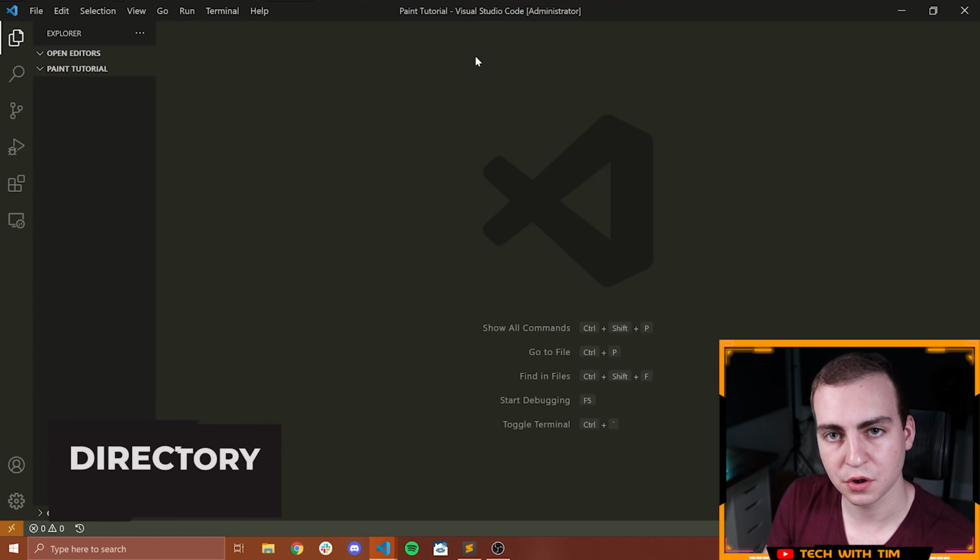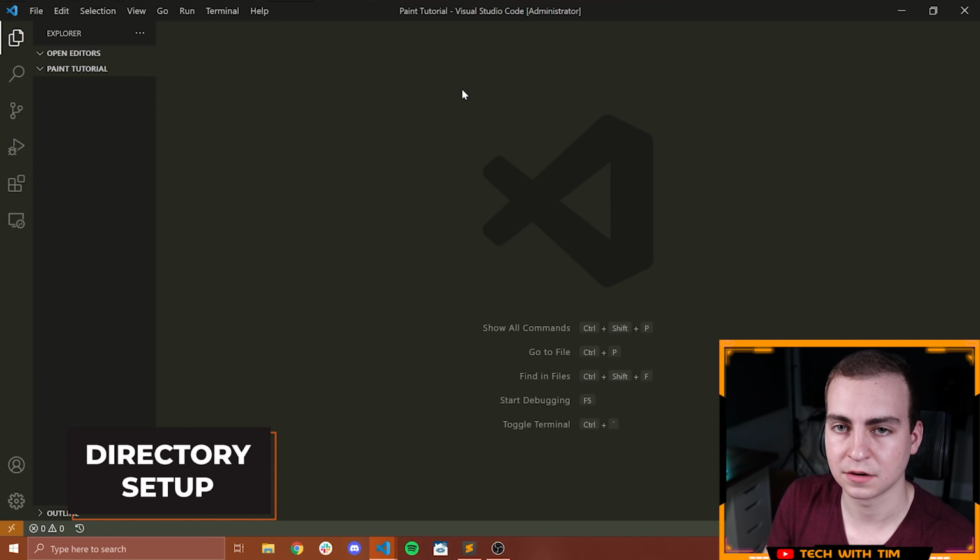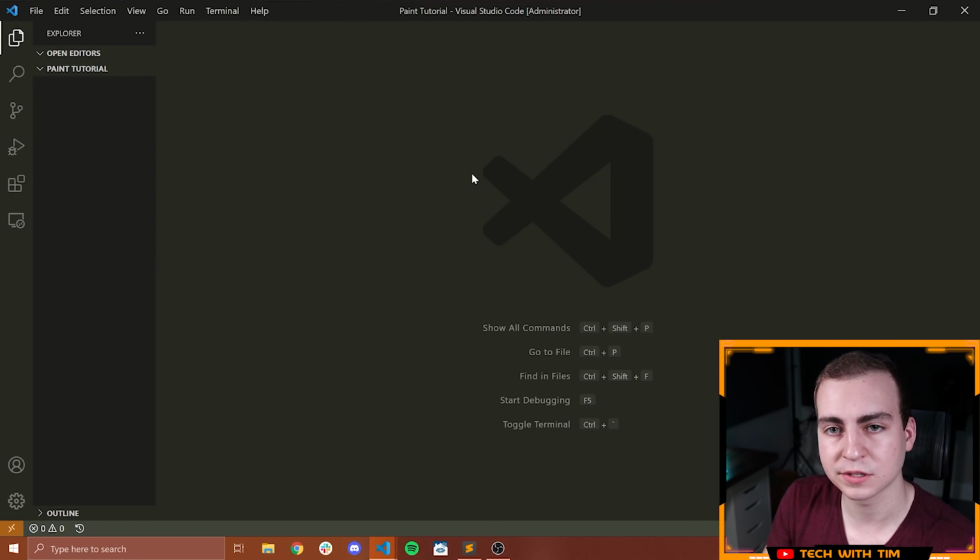So I'm using VS Code for this tutorial. You can use any text editor that you want. You can use the default Python IDLE, but we are going to be working in multiple files here. And that is because I want to show you how we can split up and section our program so that it's easier to read and we don't just have a ton of code in one file.